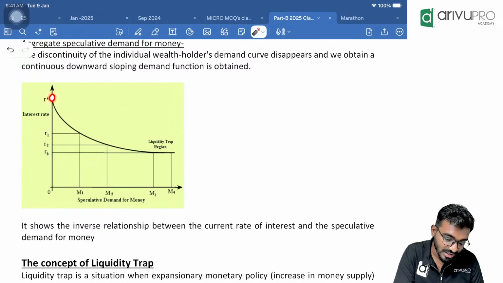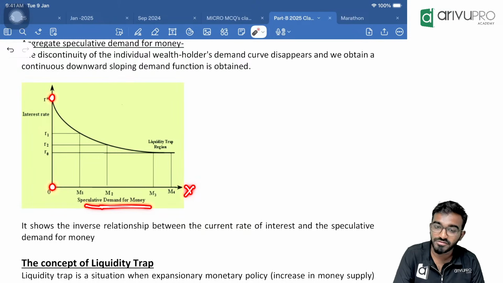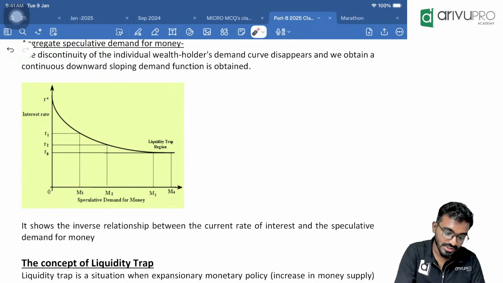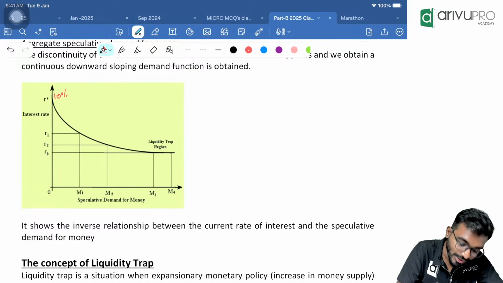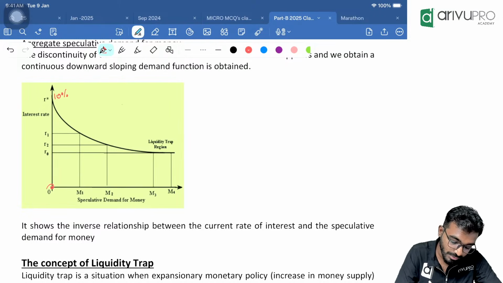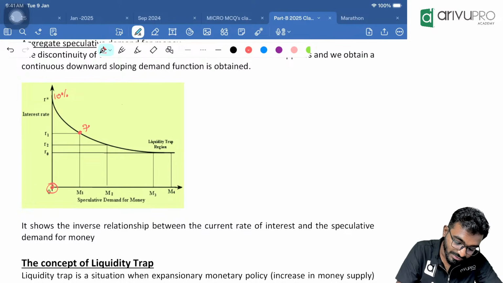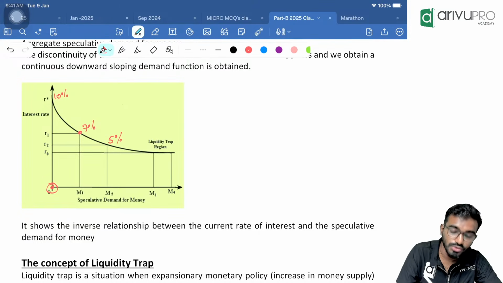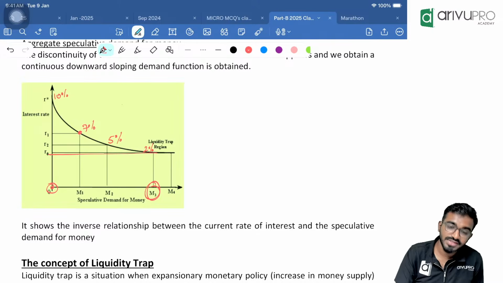When interest rates are high, automatically your money holding will be zero. The x-axis is money holding, demand for money. When the interest rate drops, you will hold money in hand. If the interest rate keeps on decreasing, you will keep more money in your hand. Let's assume if the interest rate is 10% in the market, you will not keep cash at all. You will completely hold it in bonds. If the interest rate becomes, say, 7%, you will invest more and keep less money in hand. If the interest rate becomes 5%, it is like 50-50. If the interest rate becomes just 2%, you will keep more cash in hand and very little investment in the bond market. So that is the depiction.